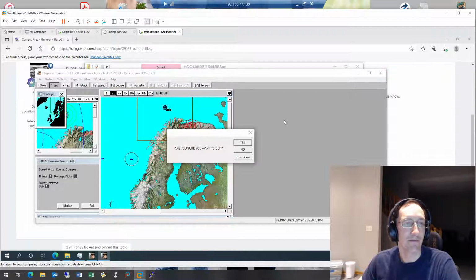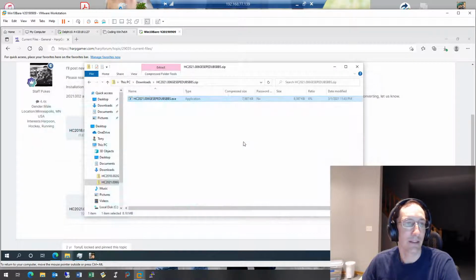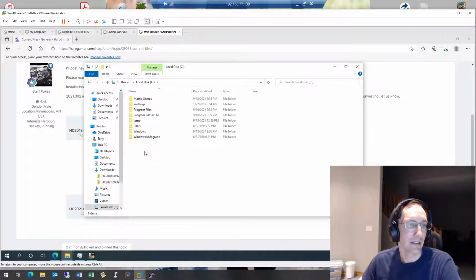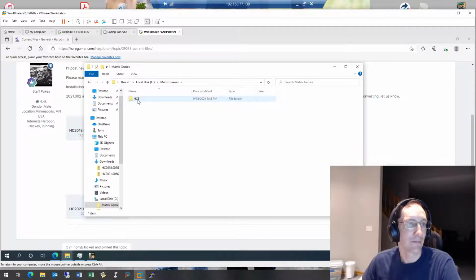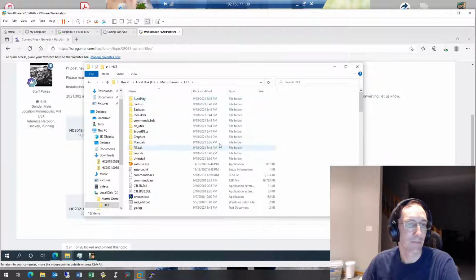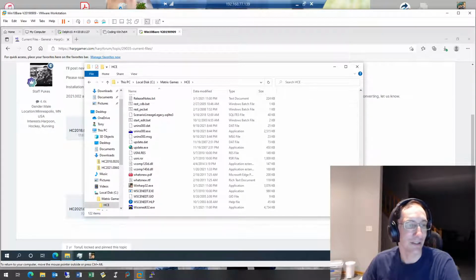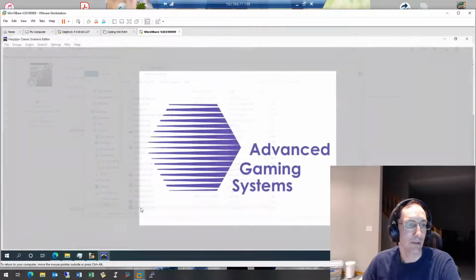All right, that is very promising. So since that worked, let's be nice and brave and head on over and see if the scenario editor will work. I'm kind of old-fashioned. I normally go in through Windows Explorer rather than going through the Matrix Games launcher. And we see here we have the old 16-bit scenario editor, but now we also have this 32-bit scenario editor. So I will go ahead and open that up,